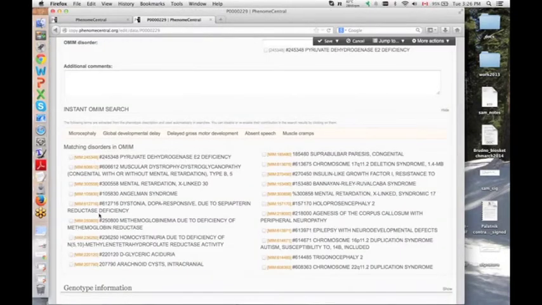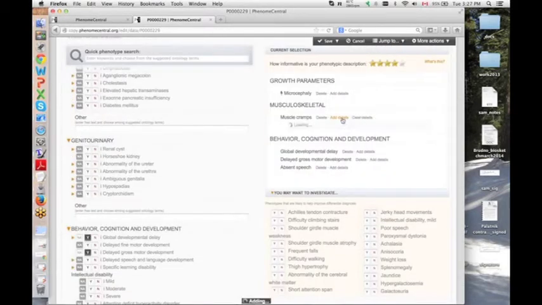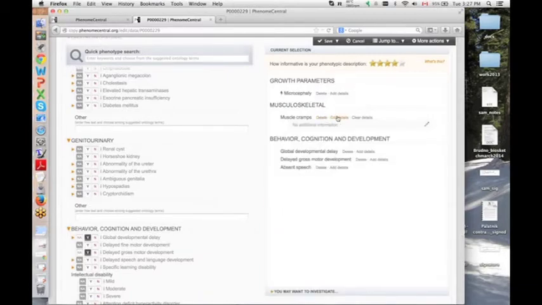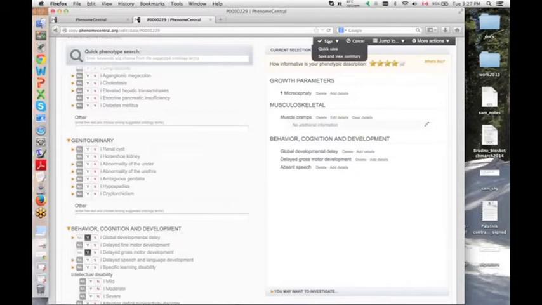To see what the disorder actually is. So given that we've made this patient description, the one last thing I want to show is for every one of these phenotypes, it's possible to add detail, including to specify the age of onset, pace of progression, any additional comments, and attach an image or a medical report if they're needed to really understand the condition. One thing important, all of the data should be de-identified before it's uploaded into PhenomeCentral. So once I save this data,